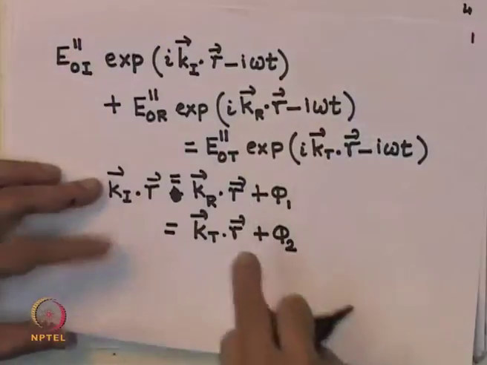Now, having done that, we still have not talked about what happened to the amplitudes, the E0i. What is the relationship between E0i, E0r and E0t, the exponentials we have taken into account? So, our next job will be to point out what these relations are, and before we do that, we will require what we have learnt earlier, and the set of equations which will relate the